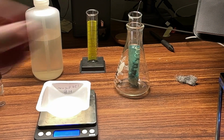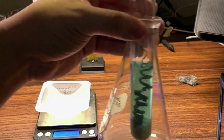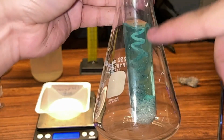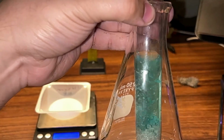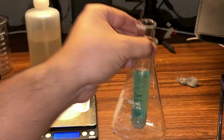We can see that the crystals that are forming on our copper wire aren't looking as pretty anymore, but we're still getting some stuff forming. Let's light this up again. Right, see, not nearly as pretty as, look at the crystals down here, right? Now these are kind of murky and gross. I'm not exactly sure why that is. But there's still silver in there, so